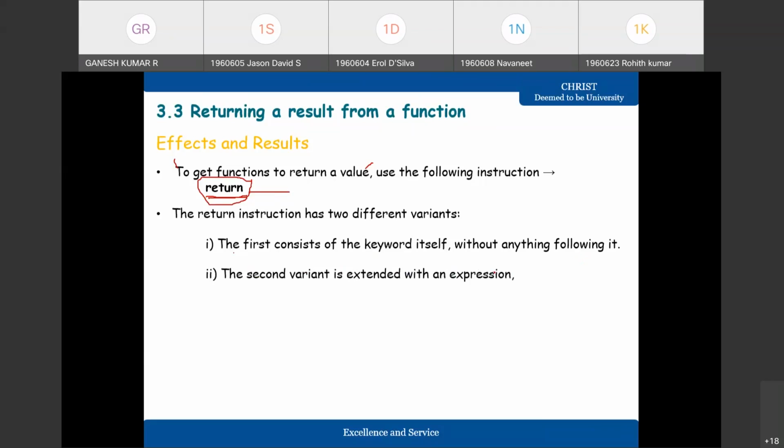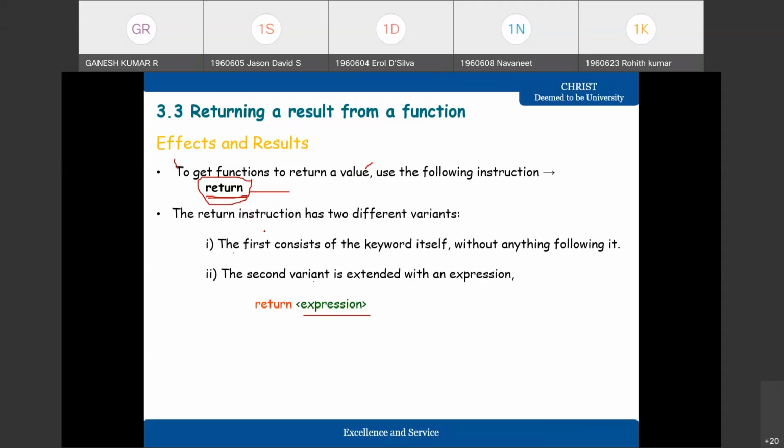The second variant is extended with an expression. For example, return, then an expression. To get functions to return a value, a special instruction called return is introduced inside the function definition. It has two variants.